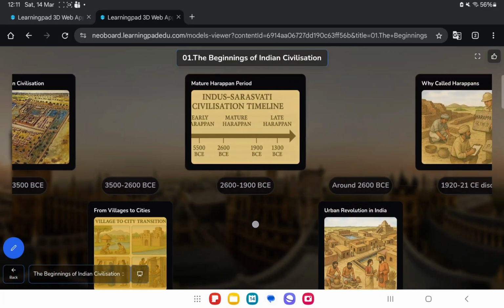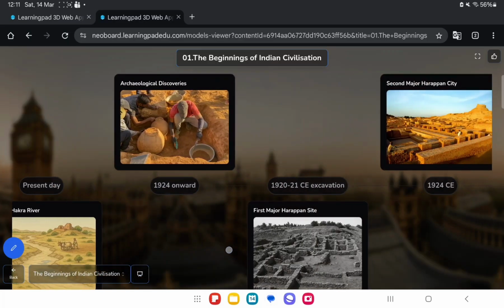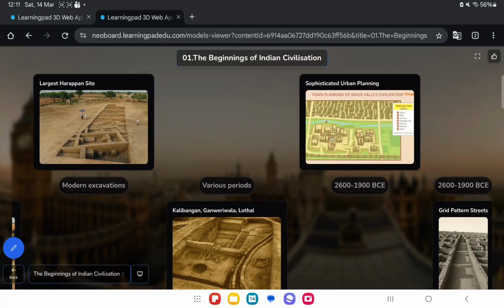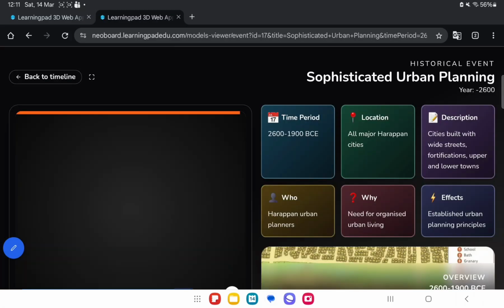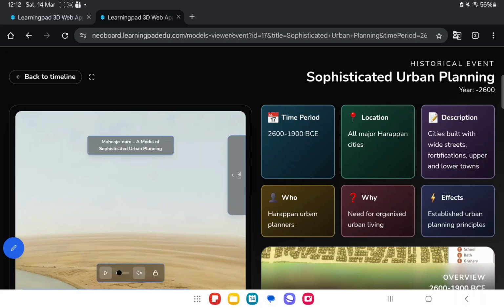We are going to learn about Harappa and Mohenjo-daro, the city planning of Mohenjo-daro in detail today. So let us just see how sophisticated urban planning was being planned here. This map of Mohenjo-daro highlights. Okay, children, you can see the time period here. The time period is